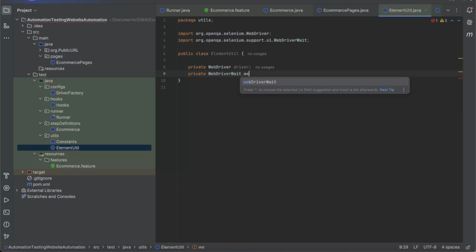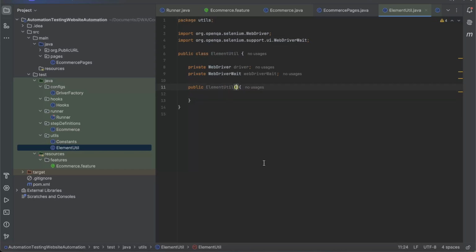Okay, WebDriver wait. So these two variables we will be using: one is driver and one is WebDriverWait, and I will show you where and how we are going to use it. First, let's define a constructor, public ElementUtil, and this is our constructor. In this constructor we will be getting the WebDriver, as usual, so that we can use this driver. So this.driver, I am setting this driver is equal to driver,